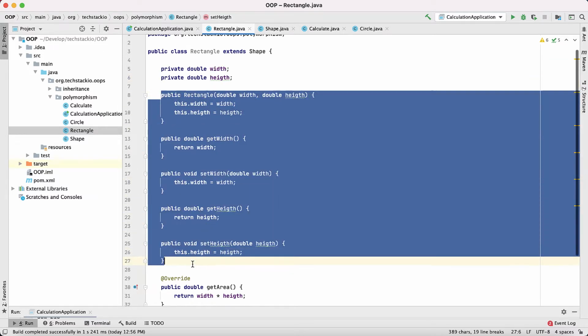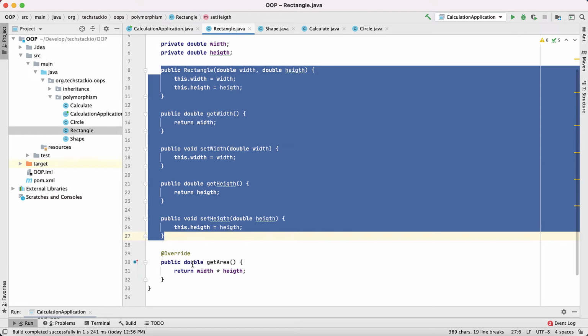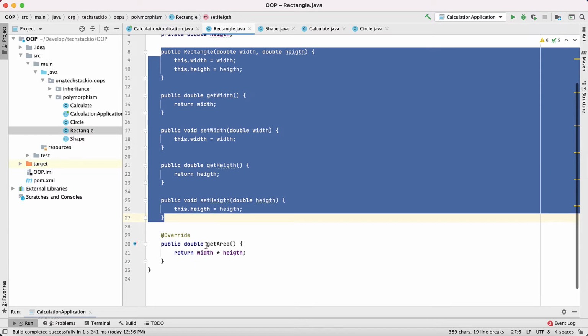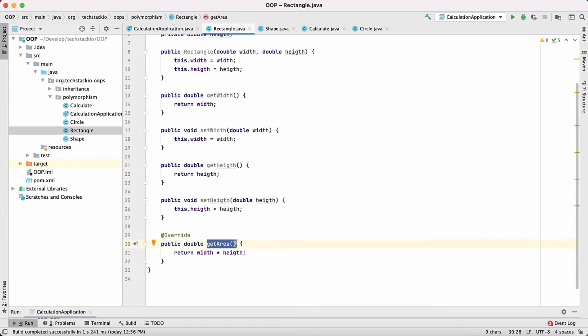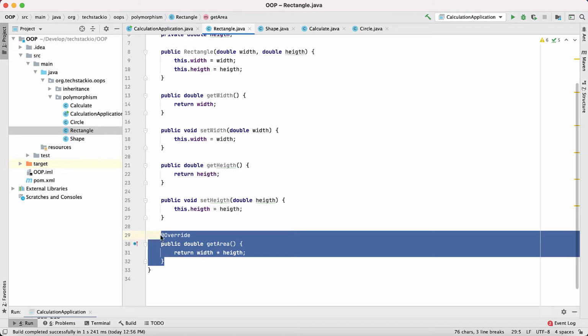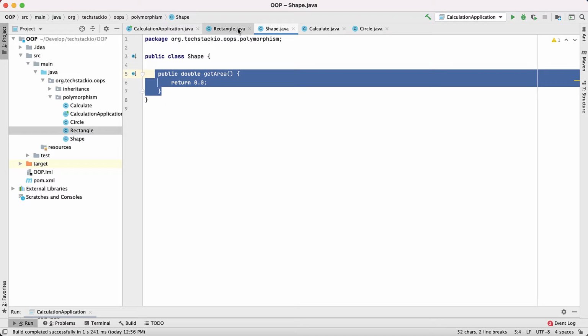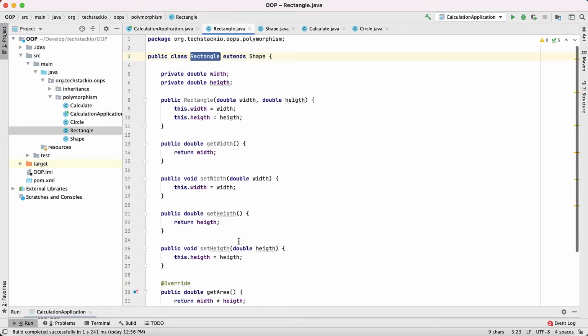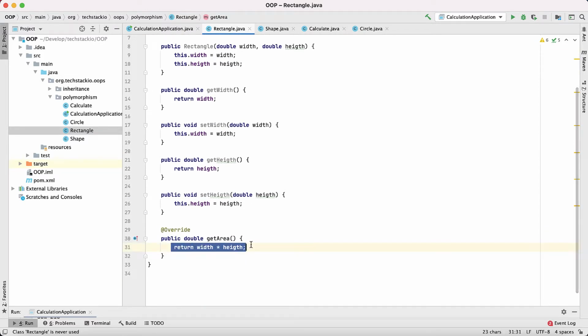and getters and setters. The main important thing here in polymorphism, especially in overriding, is the method that we are using in the subclass. Here you can see we are overriding the parent class method, which is the get area method in the shape class, in the rectangular class as well. The override annotation is optional, we could have it or not. It does not impact the functionality. As you can see, rectangular has its own implementation of the get area method using its own fields,